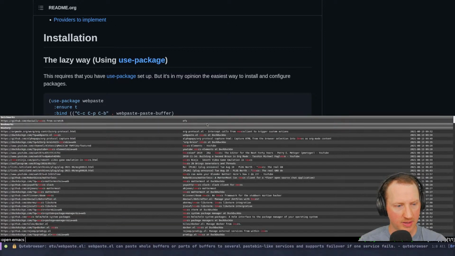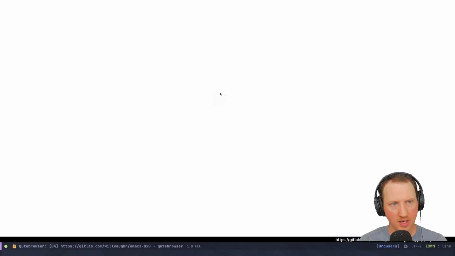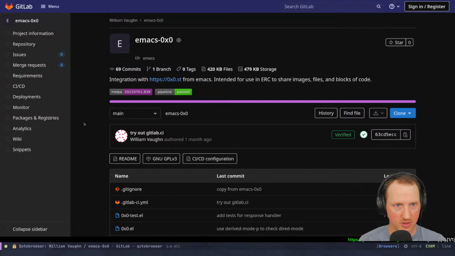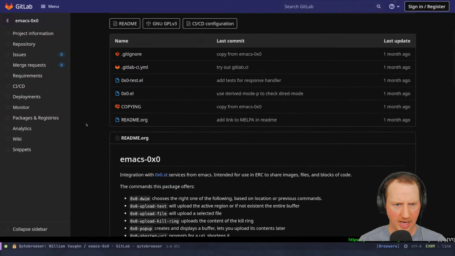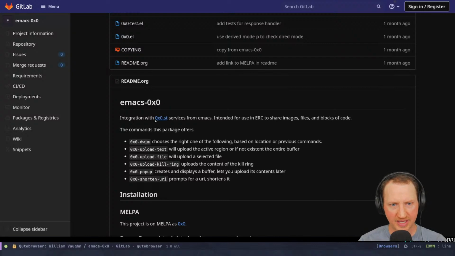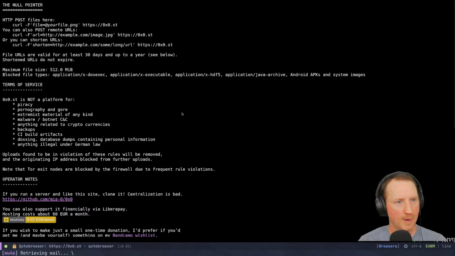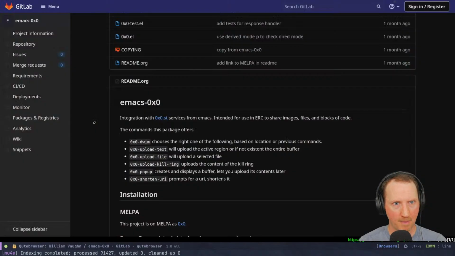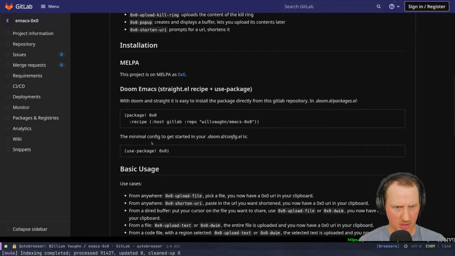While we're talking about this, it might be useful to also talk about the Emacs 0x0 package that's being maintained by Will Vaughn, otherwise known as Knack Jickelson in the System Crafters IRC. This is a package that talks to the 0x0.st service, which is a pretty cool little website, a place to upload both text and images and maybe even other binary files to share with other people. But I think they have certain file types they don't want you to upload, which makes sense because they don't want it to be used for anything that could violate copyright law or even anything worse than that. So this package is a good one for that purpose.